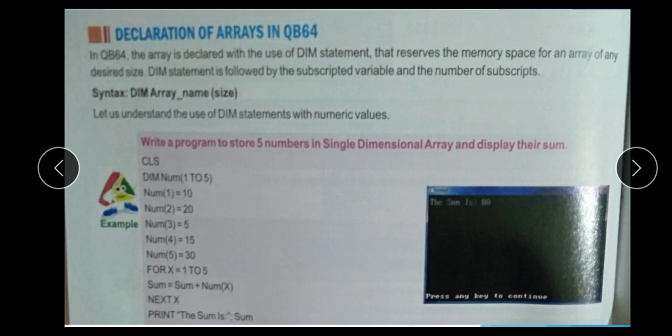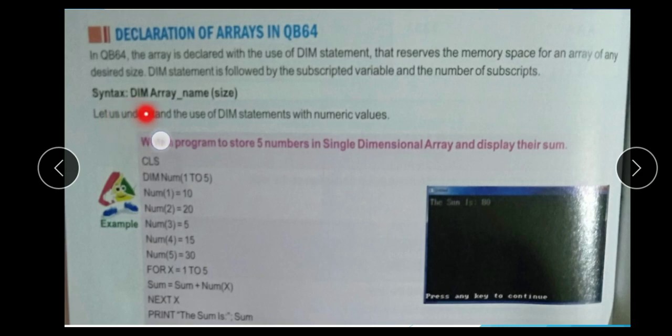The DIM statement is followed by the subscripted variable and number of subscripts. Syntax: DIM, array name, and size. Provide the size.